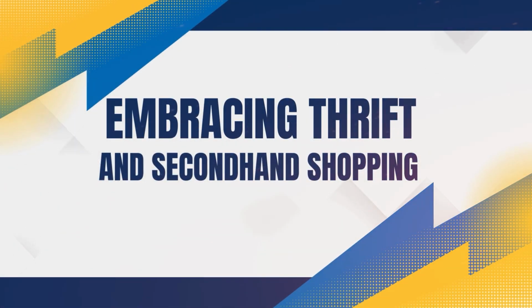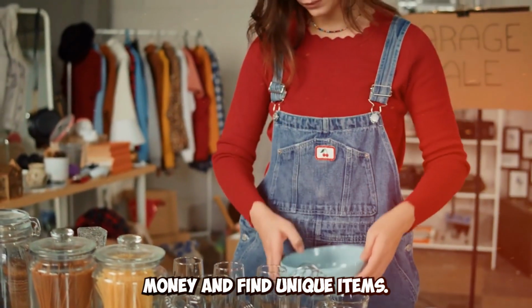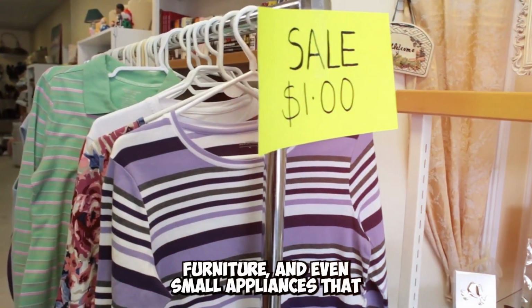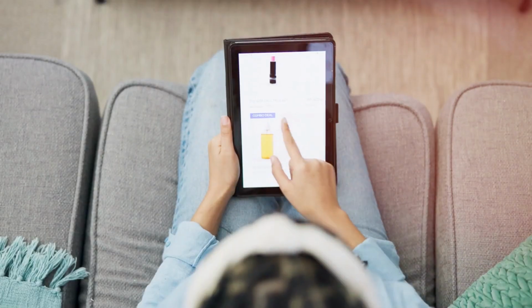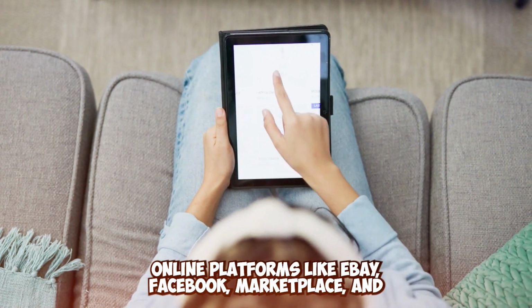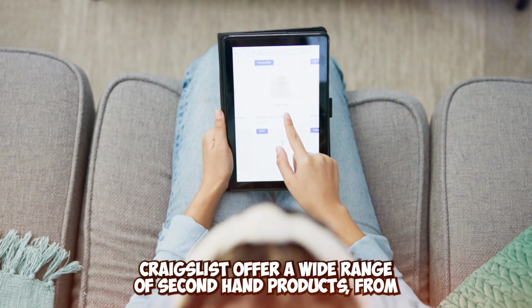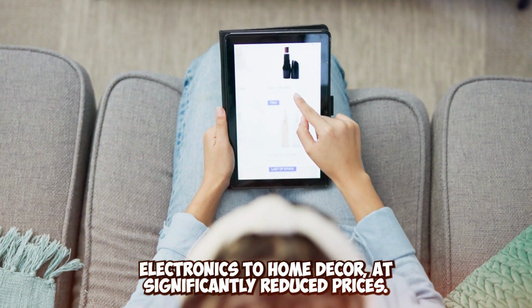Embracing thrift and secondhand shopping. Secondhand shopping is an excellent way to save money and find unique items. Thrift stores often have affordable clothing, furniture, and even small appliances that are in great condition. Online platforms like eBay, Facebook Marketplace, and Craigslist offer a wide range of secondhand products, from electronics to home decor,